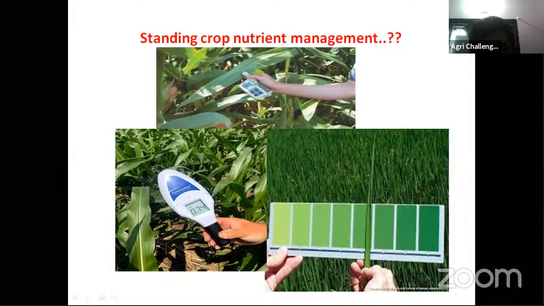How will we assess? How will we come to know that at that time the plant is feeling hungry or not? You know when you feel hungry. The plant knows when it feels hungry. But how do we know that the plant is feeling hungry and we have to apply nutrients? We have to know the hungerness of the plant, and only then apply. Otherwise, if it is wealthy and healthy in nutrients, there is no need.